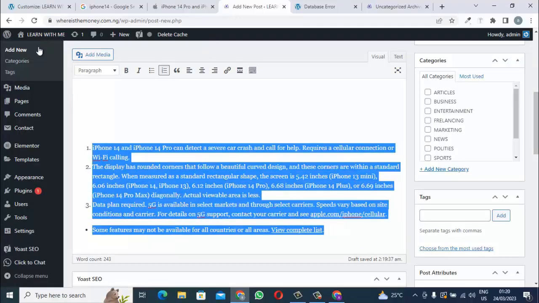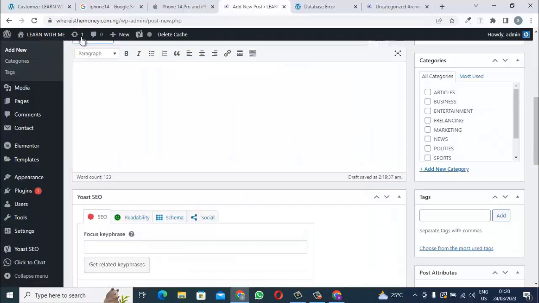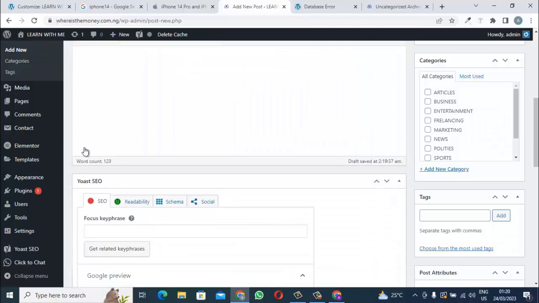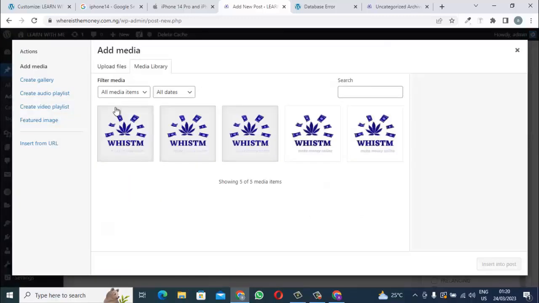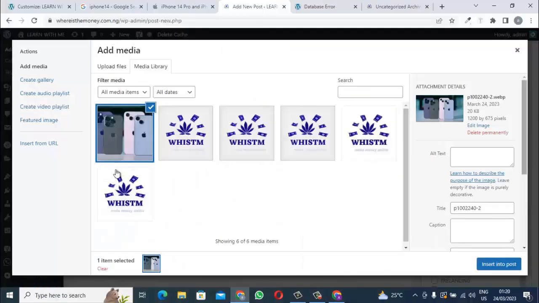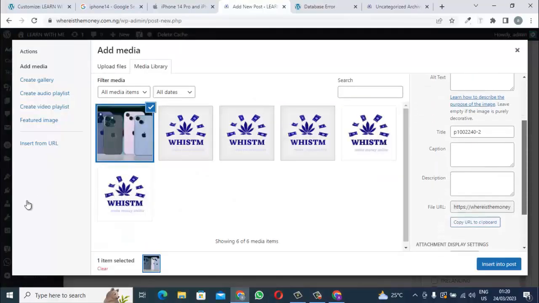Let me just then click on add media. I have my image downloaded already. Let me just drop it here. Can you see? You see this URL? If you want the person to be directed,